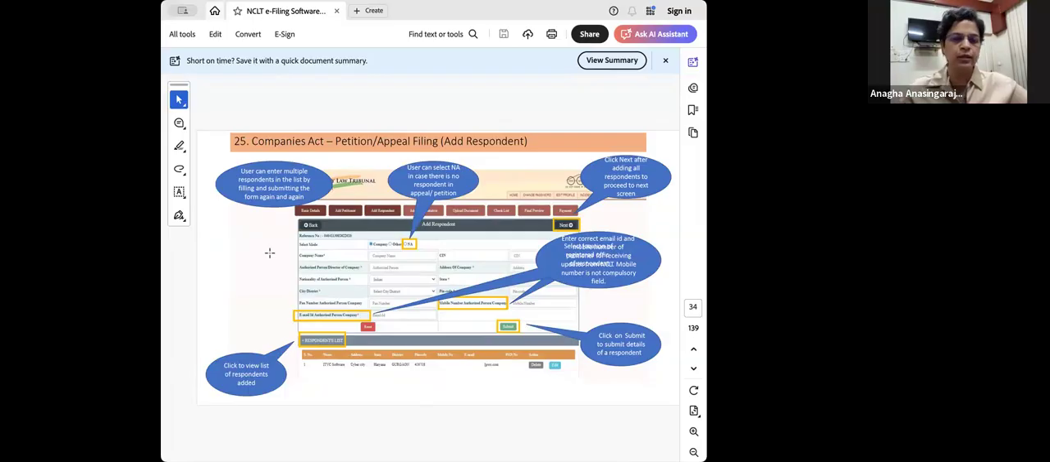If it's an individual, especially in an oppression and mismanagement case under the Companies Act, we will have the company as R1 and other directors as R2, 3, 4, and so on. So we will add those details here. All the petitioners and respondents will be listed at the bottom of the page. Once the respondents' details are added, you can also add the respondent's email ID and mobile number if you have